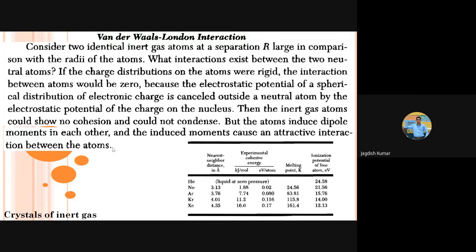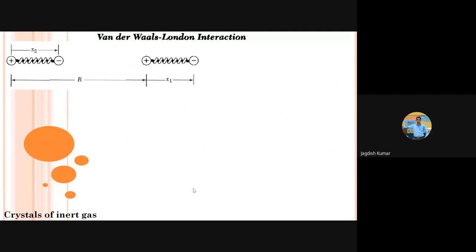Now, having accepted this, we assume there is some dipole formation in the atoms. Dipole formation will be easier in xenon and hardest for neon. That is why the bond strength is highest for xenon, which is reflected in this data, and smallest in neon. Now we will be developing a quantitative model for understanding these inert gas crystals, since time is already running out.